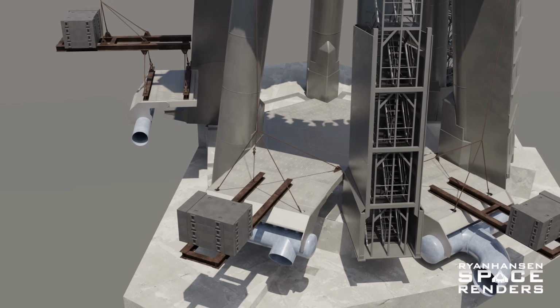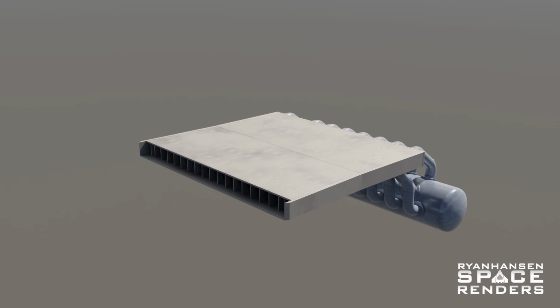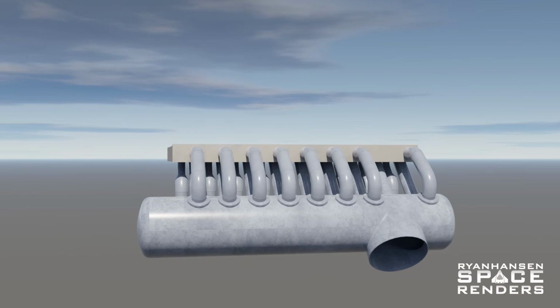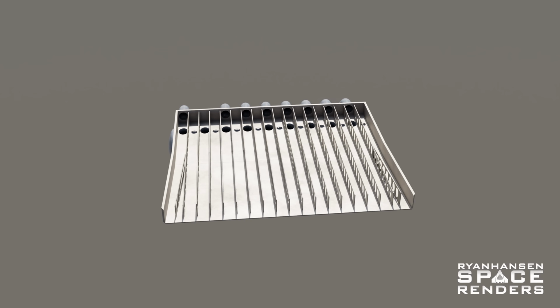Next up is the medium manifold, which was installed on the southern side of the launch mount. This 4-foot diameter manifold has 26 pipes feeding into the steel plates. These had to be arranged in 3 separate rows in order to make them all fit. As you can tell, this manifold appears to be designed to have a much higher flow rate of water. On the inside, there are still 18 channels, but as you can see, some of them have 2 pipes feeding